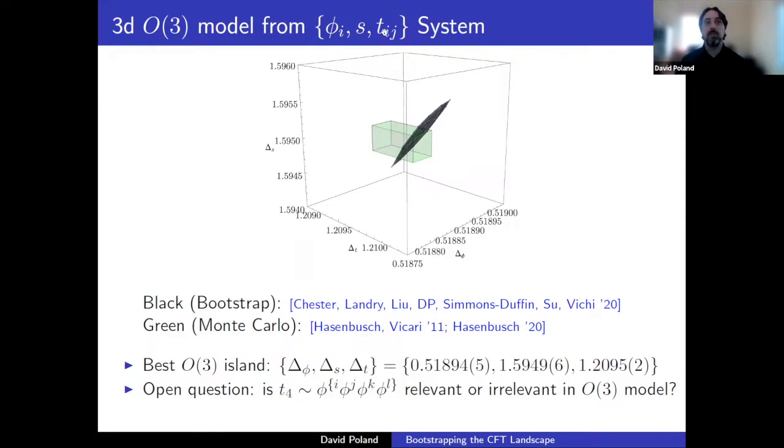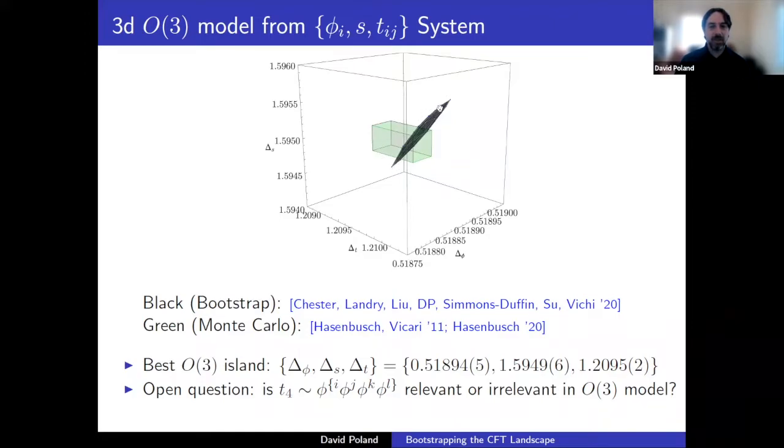This leads to a system of 28 crossing relations, and involves scanning over a 6-dimensional parameter space involving these 3 scaling dimensions, as well as 3 ratios of their OPE coefficients. But by searching through that parameter space, we mapped out this island,